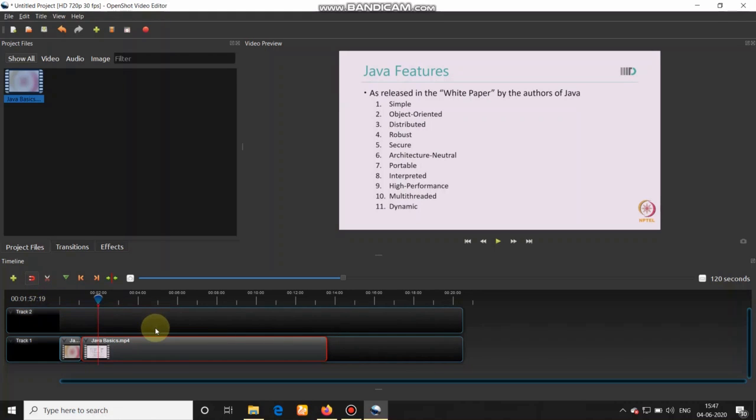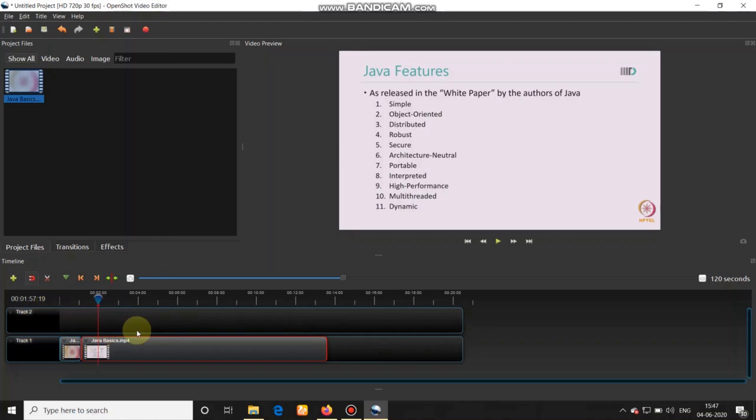So every time you select the clips, enable the snapping tool. The drawback of this is that when you move your slider and go for slice all, it is going to slice all the clips which are there in all the tracks.